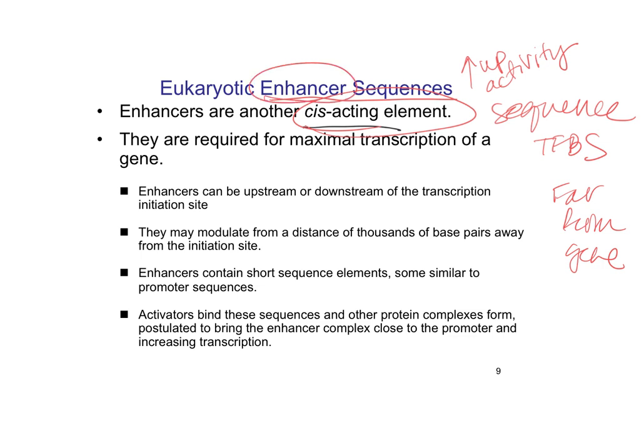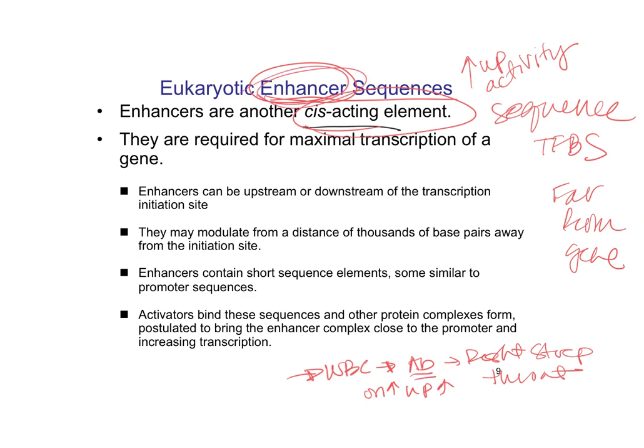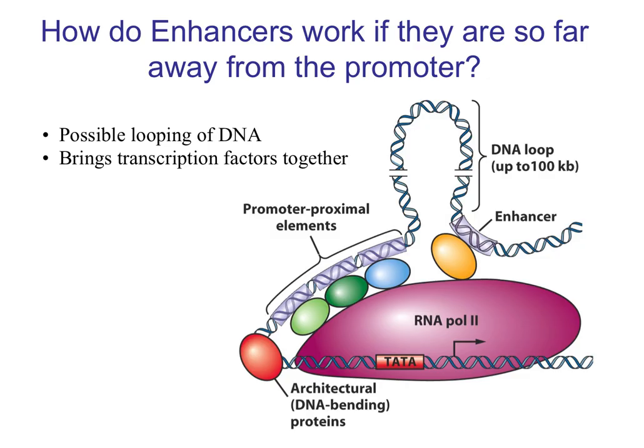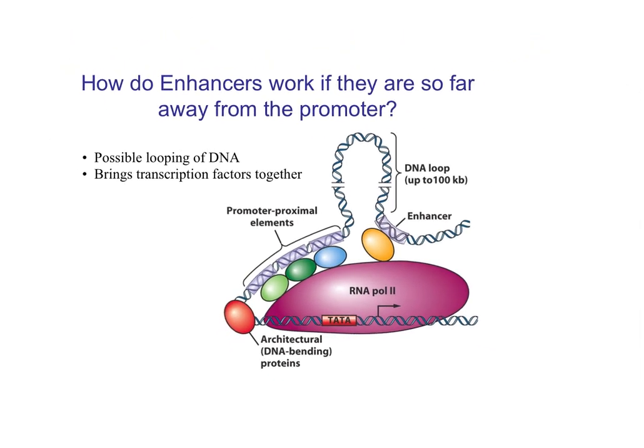One of the best examples of that is in the immune system, our white blood cells that make antibodies when you're sick and you need to fight strep throat, for example, right? And those B cells, those white blood cells, need to turn it on, turn it up, get some serious antibody proteins pumping out there, enhancer sequences. 1,000-fold RNAs can come off of that puppy when you have an enhancer. I know, pretty crazy. So how do we think it works?